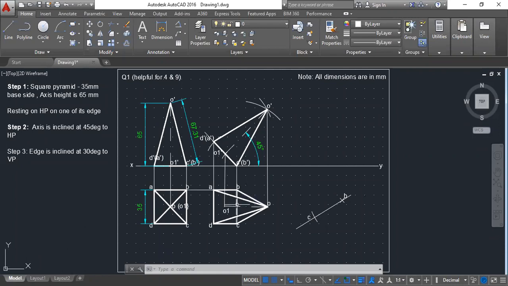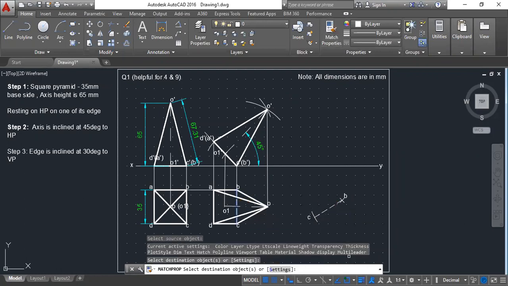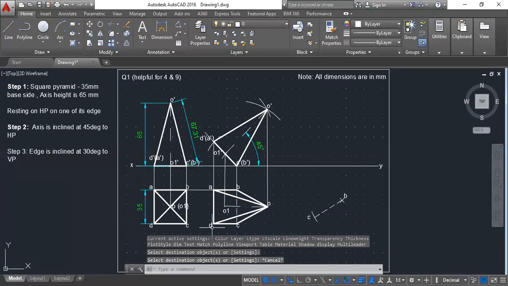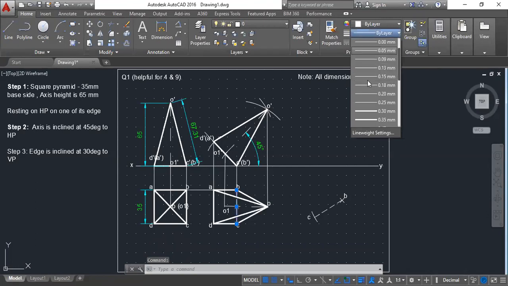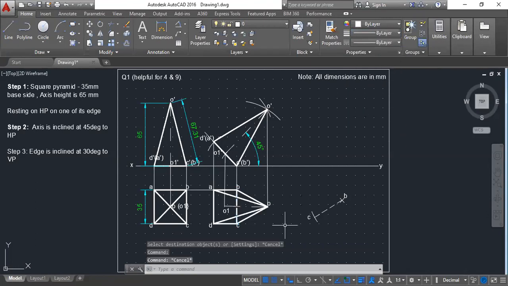So let me just shorten this line to exact length. Okay, so that I see, you don't have to do this in the paper. This is just I'm doing for simplicity here. Okay, so I'll mark it hidden. Remember, whatever is hidden here will be hidden here also. Whichever is continuous here will be continuous here. And remember one more thing, even the hidden line should be dark. Okay, except the axis, all the lines here should be dark. Even the hidden line should be dark.